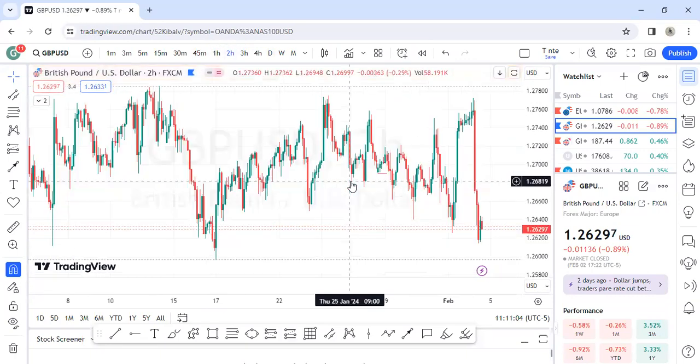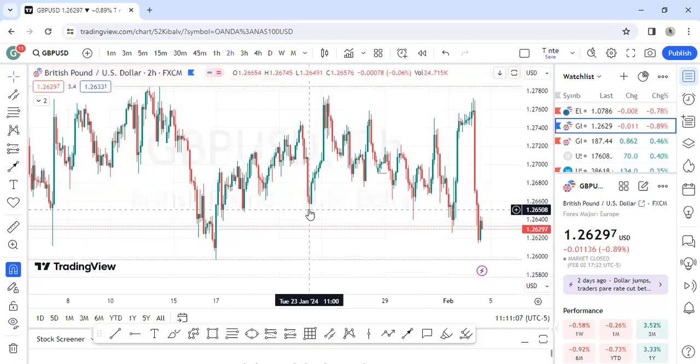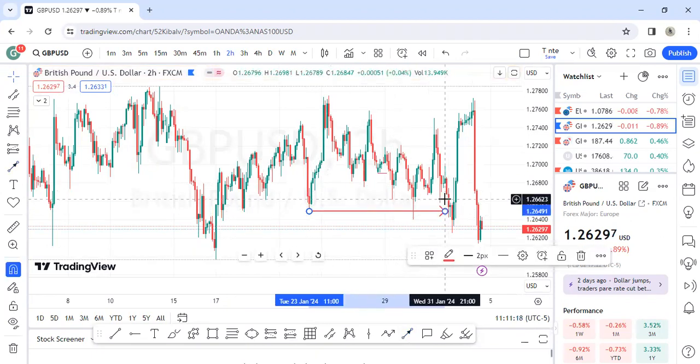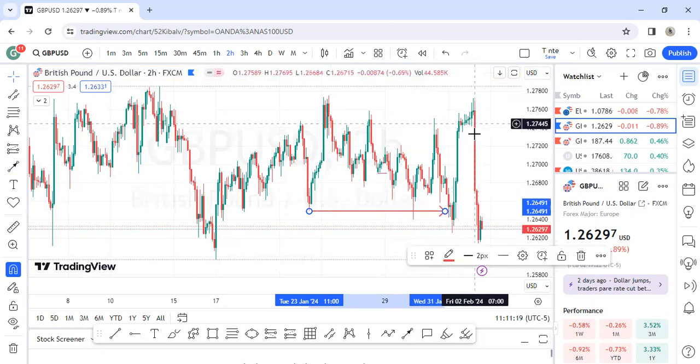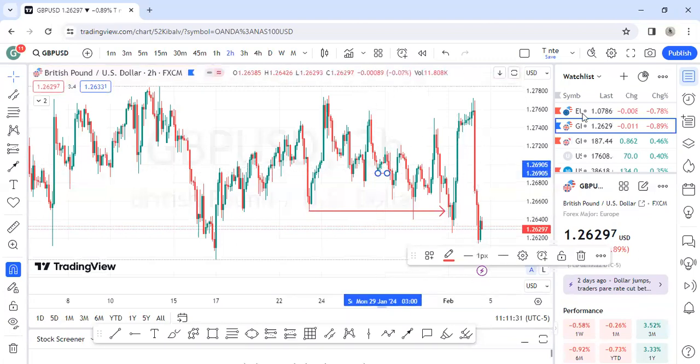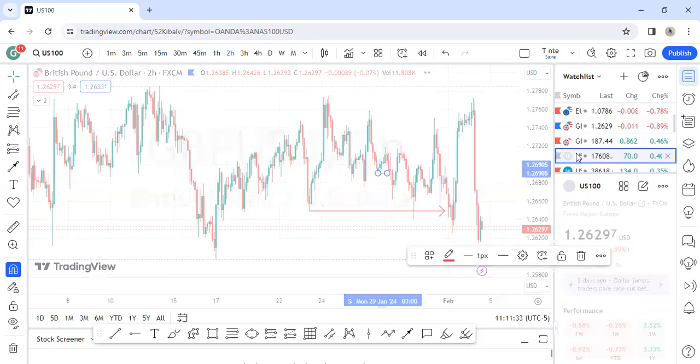So on the 2 hour now, we can see the market has closed below this dynamic low. See how this low made an impulsive high. So I would say they have changed character. I have a kind of bearish change of character. The market's closing below that, and then the market failed to make a new high, and you can see the market is dropping off. So the market should continue dropping off for the rest of the month. That doesn't mean we won't see buys, but the overall picture should paint downwards movement.